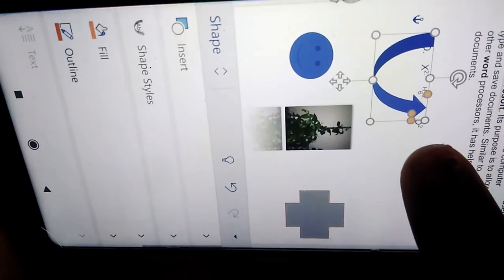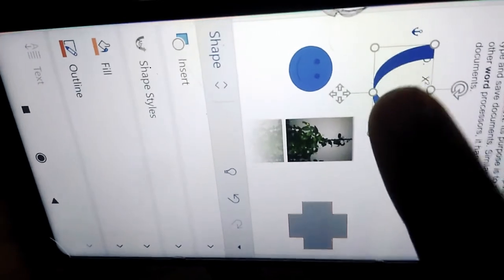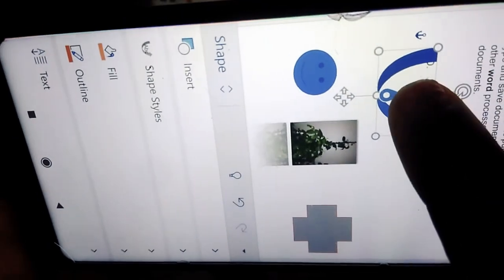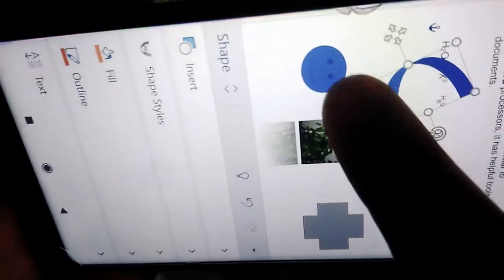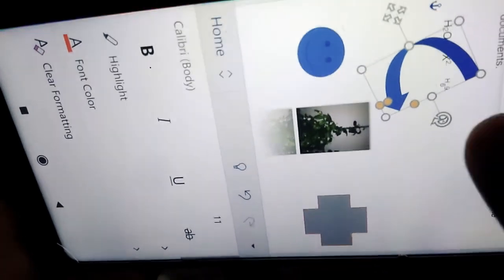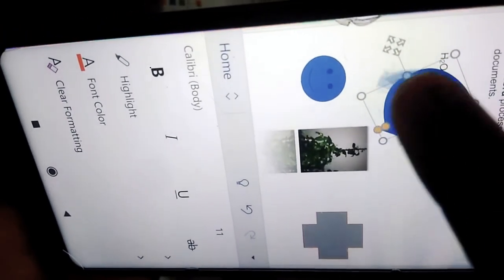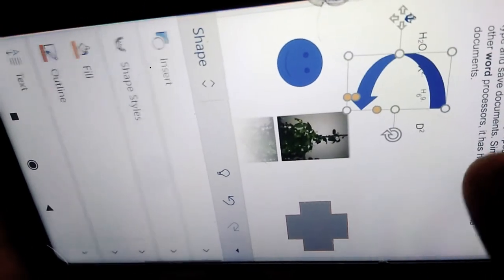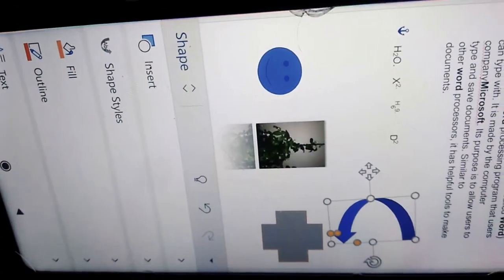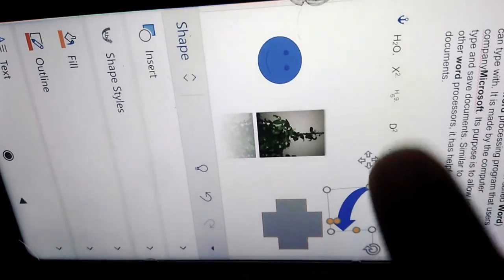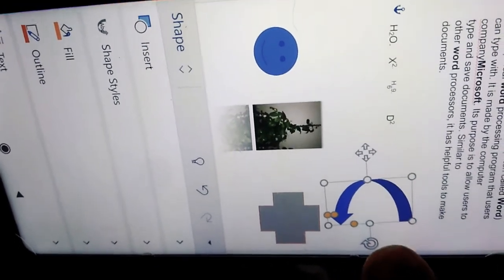This is inserted here. You can select it and delete it also. You can move it with this button. This is the rotation button. This is the four-arrow key, which you can drag to move it.